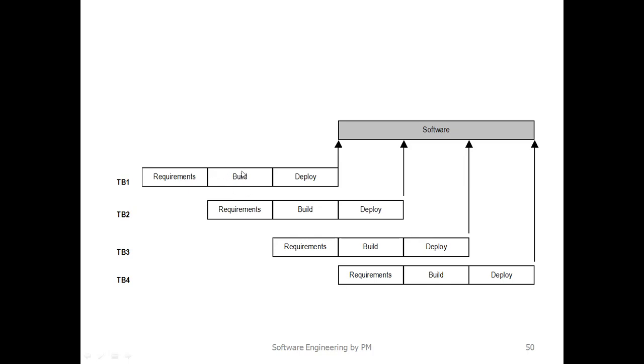Once the build team has designed and coded the software, the coded final software is given to the installation and deployment team. This deployment team will do various pre-installation work, and then start the installation. So the output of one activity is given as an input to the next activity, like this. Let us take the total time duration for this time box as T.